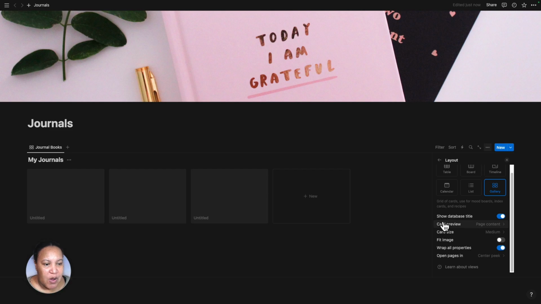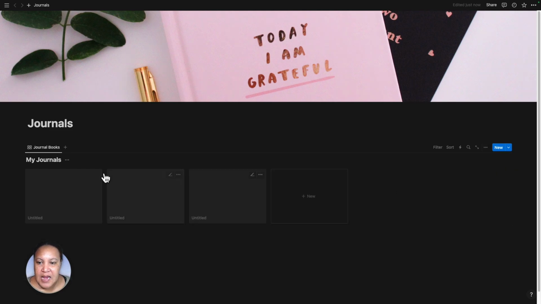So we're going to go down to where it says card preview. We're going to change that to page cover. This way, the images that we put on our journals is going to show right here. So it looks more aesthetically pleasing. We're going to uncheck the wrap all properties. So we're going to turn that off. And now we're going to be done with this. So click the X. Now, as you can see, Notion gives us these three books to start with, but you